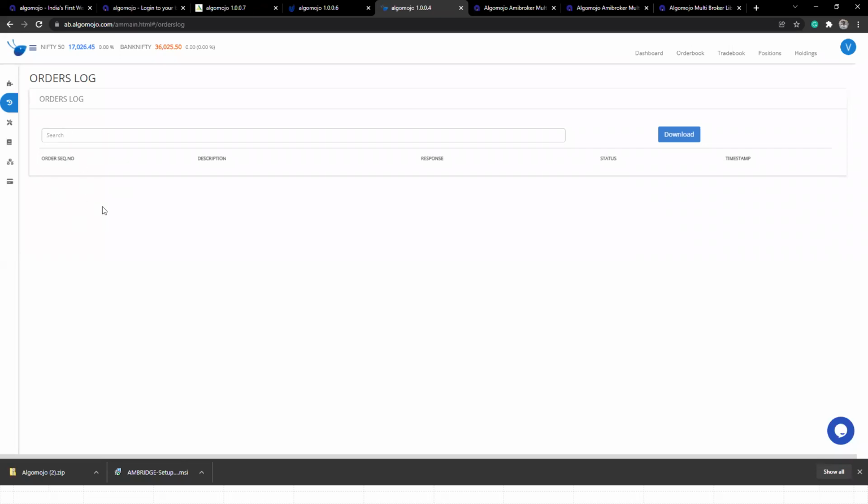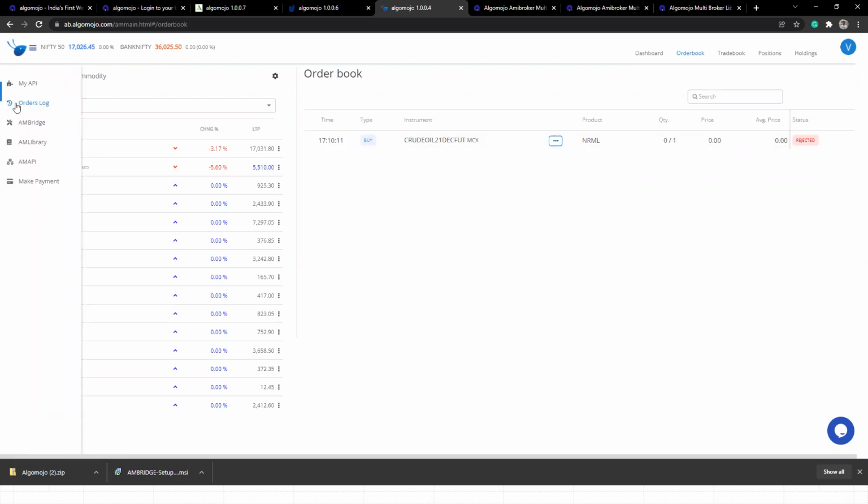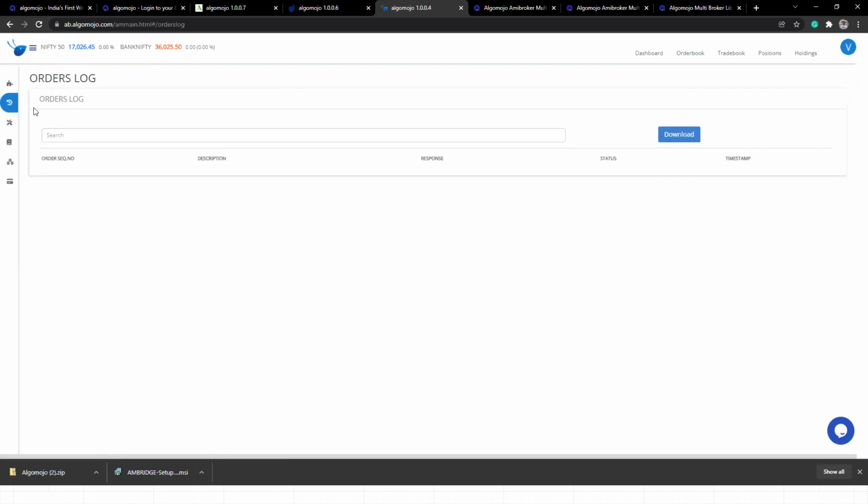Whereas the order book contains both manual orders and automated orders, the order log contains only automated orders, like orders coming from AmiBroker, TradingView, or Excel sheets, anything from any external third-party application you're using to generate signals.